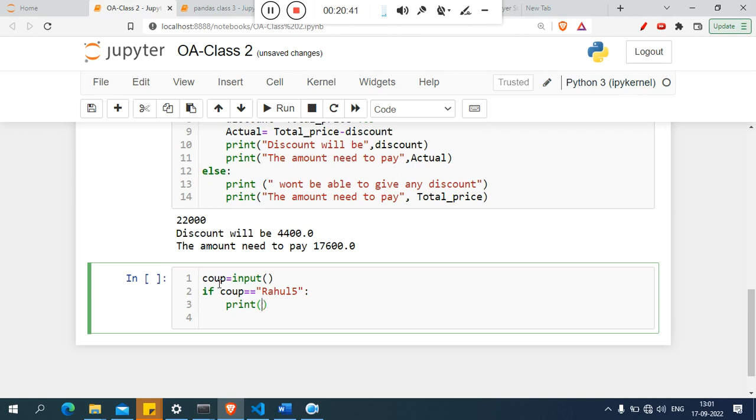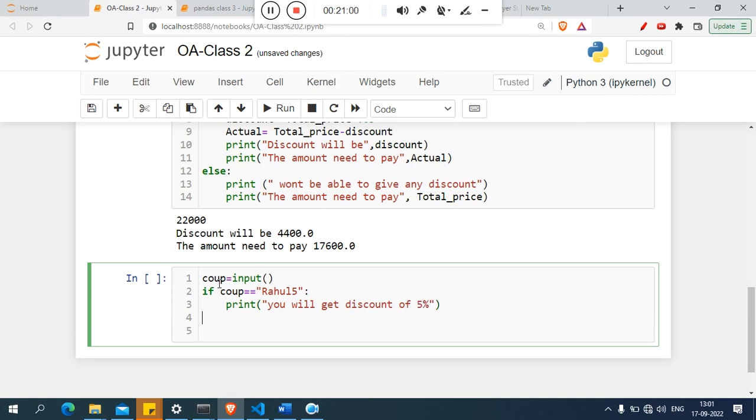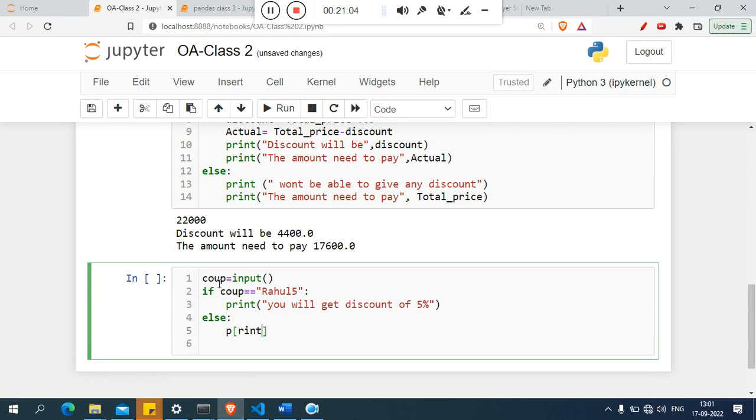I just write: you will get a discount of 5%. So this is the print. Else print